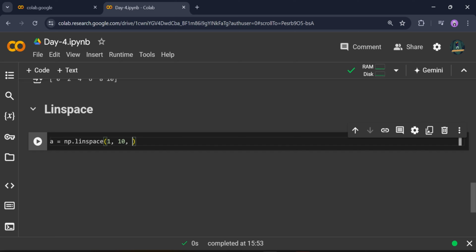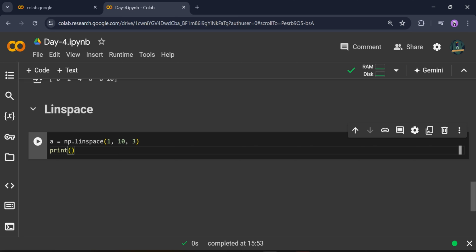And the third and last argument stands for the number of values the sequence contains, for example, 3 values. Then let me print this, print a. The function calculates the values so that they are evenly distributed across the range. In this example, 1, 5.5 and 10 are chosen because they are equally spaced within the range from 1